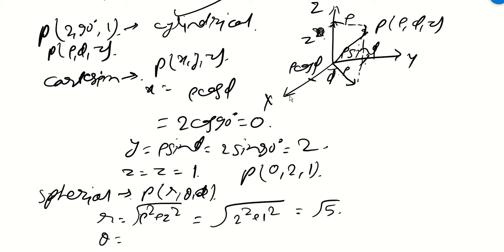Then theta. Theta is how much? This is my theta angle in spherical coordinate. So theta will be basically how much? Rho is given, Z is given. So cos theta can be taken, or it can be taken as tan theta as well. So tan theta is easy because r we have calculated here. So tan theta we will take as theta equal to tan inverse rho by Z, because rho is perpendicular length, or we can take cos theta as well. If you feel it is easier, then you take Z by r, okay?